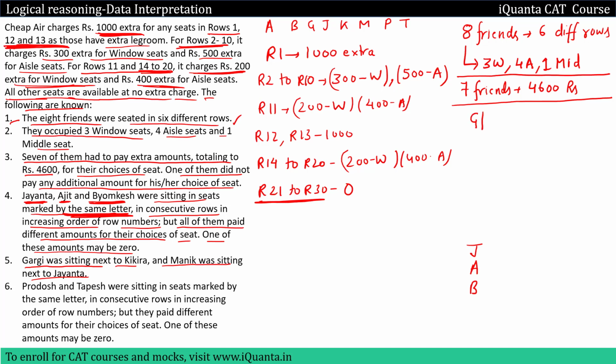G and K, they will always be together, and Manik was sitting next to Jayanta. So Jayanta and Manik, they will always be together. After that,